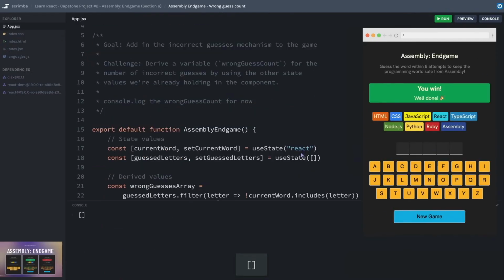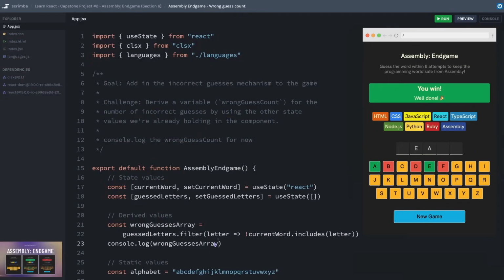Okay, starts out as an empty array as we'd expect. If I add A, okay, we're still an empty array because that was a correct letter. Let's go B. Okay, look at that. We've got a B in there, D, F, perfect. Just for good measure, let's put in a correct letter. Okay, we're console logging the array again, but it does not, of course, include the correct letter. Great, well then obviously the only last thing we need to do is take the length of the wrongGuessesArray, and that's going to give us our wrongGuessCount.